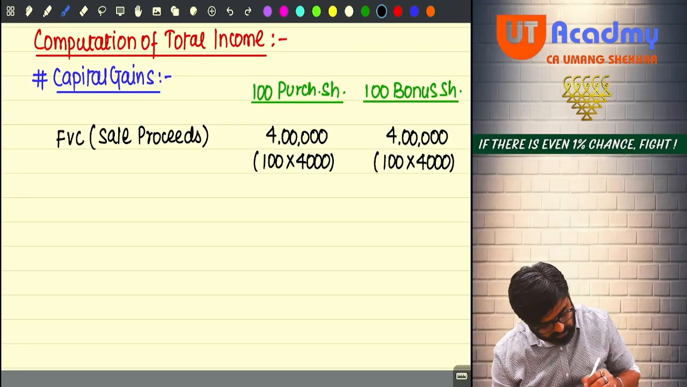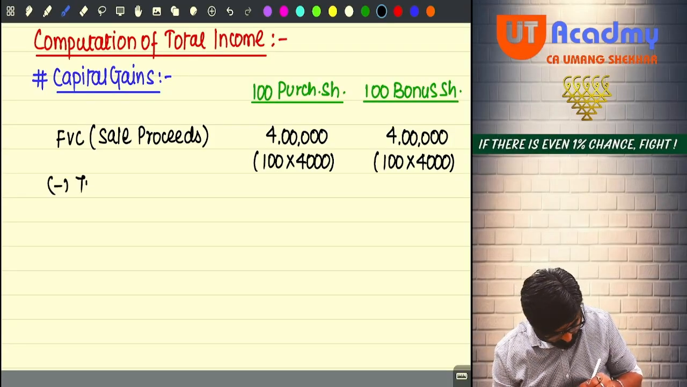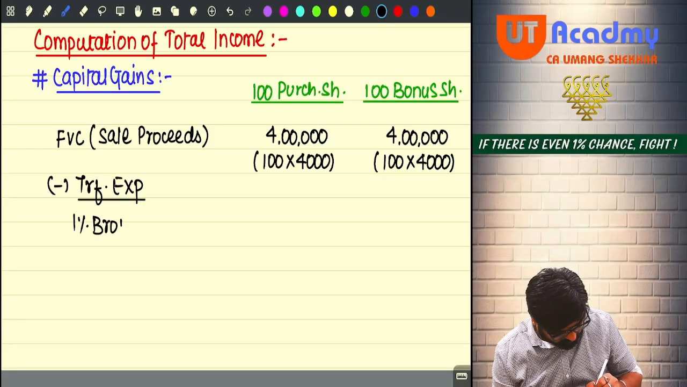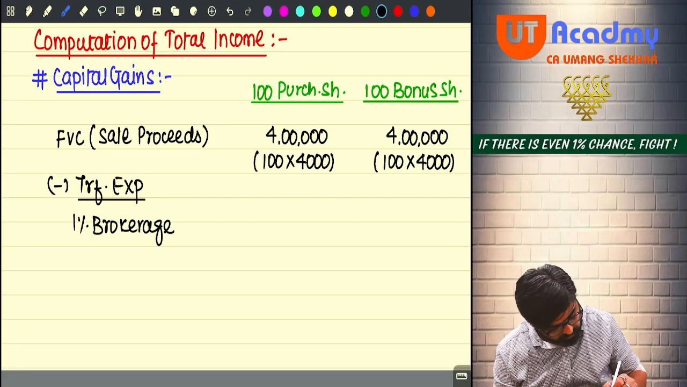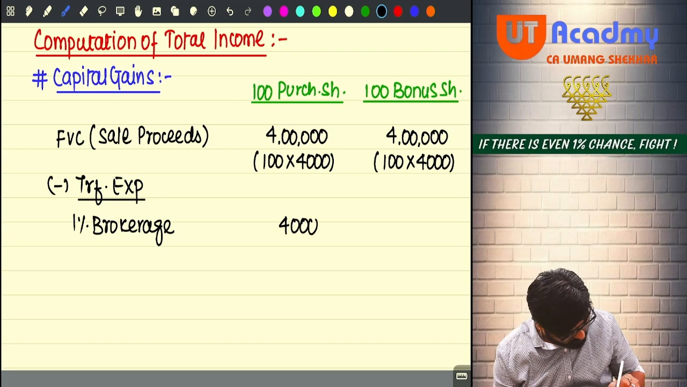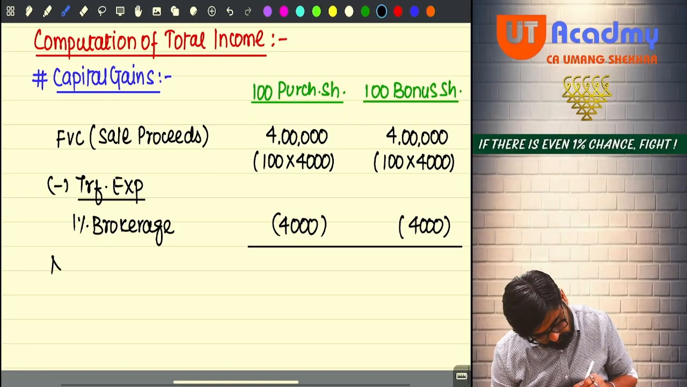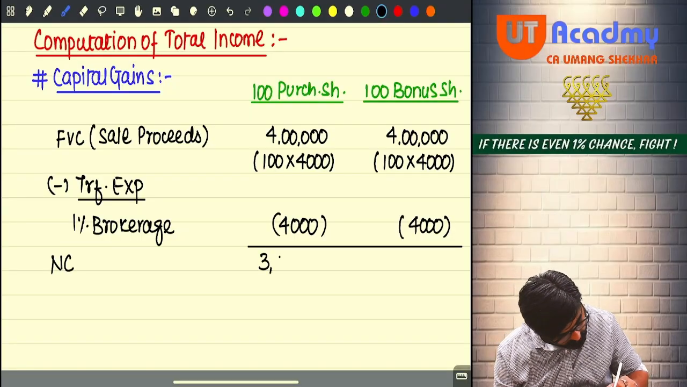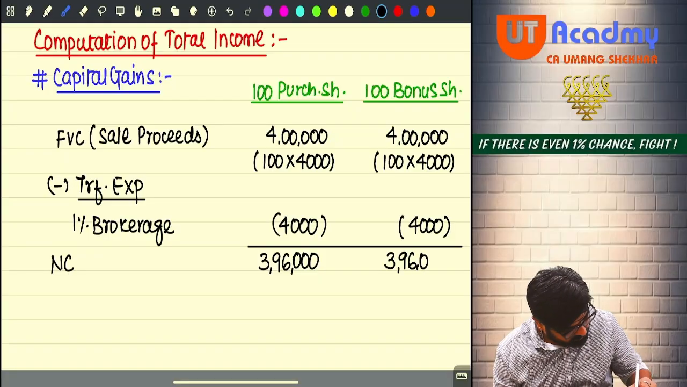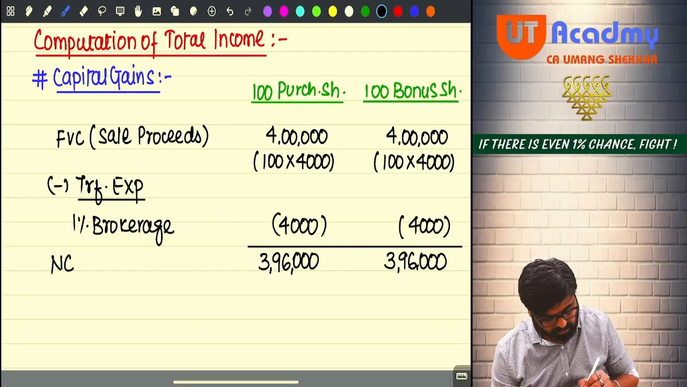Okay, this is okay. Less transfer expense, 1% brokerage. So 1% of 4 lakh will be 4,000, and here also it is 4,000. Now I will get net consideration 3,96,000 and 3,96,000. Okay, sir. Minus